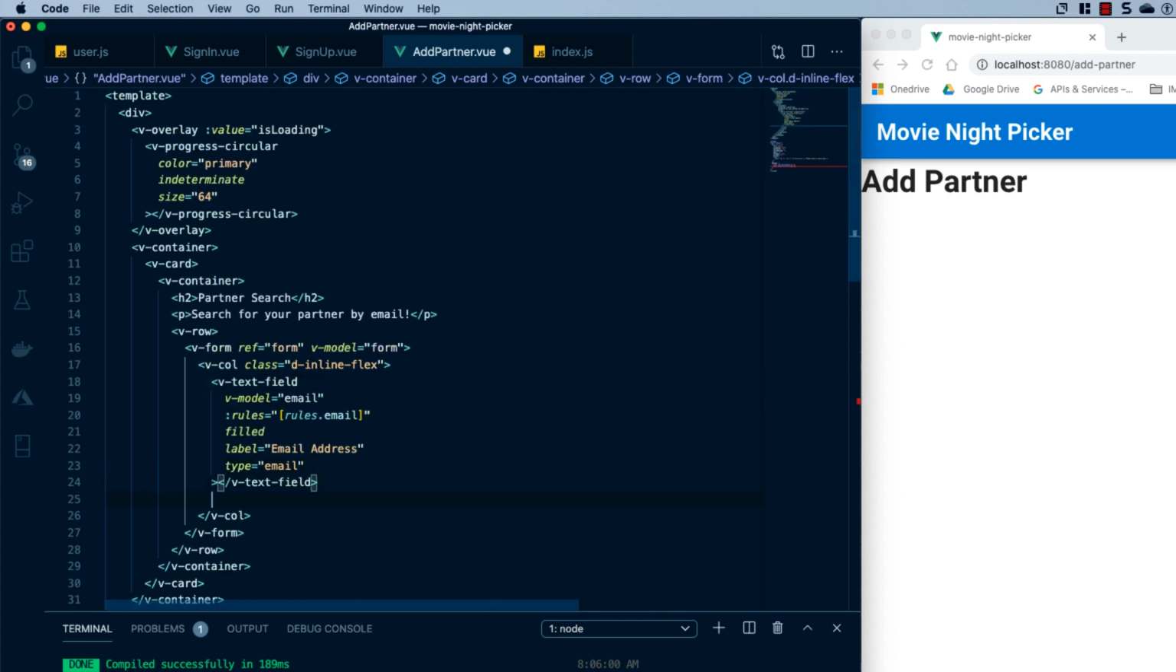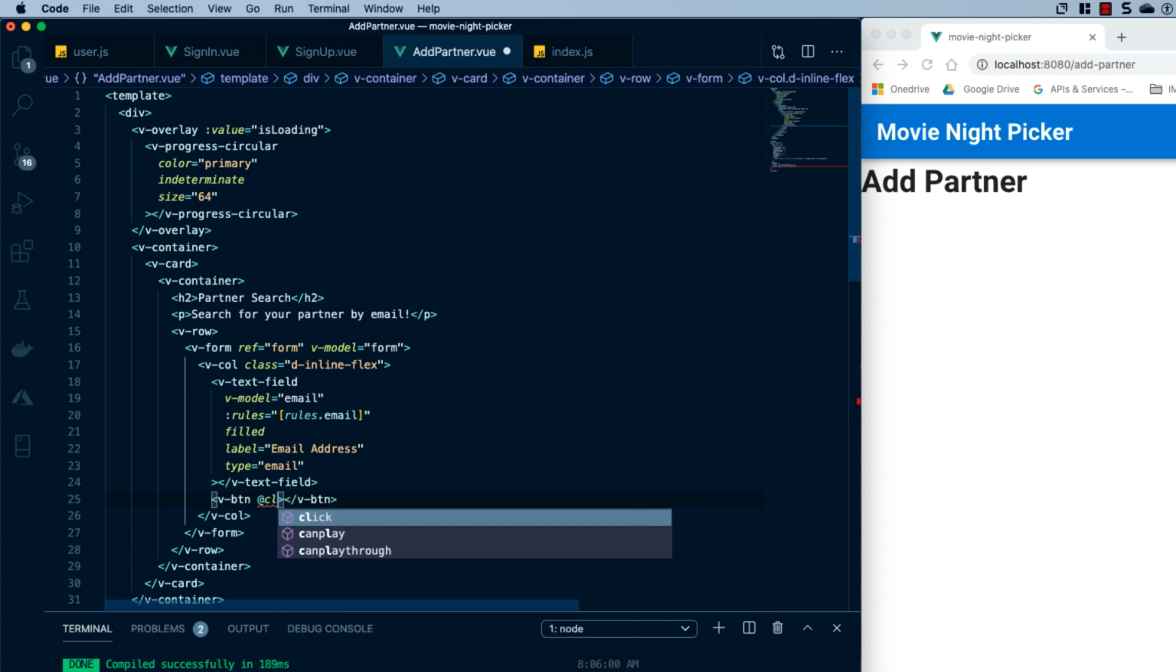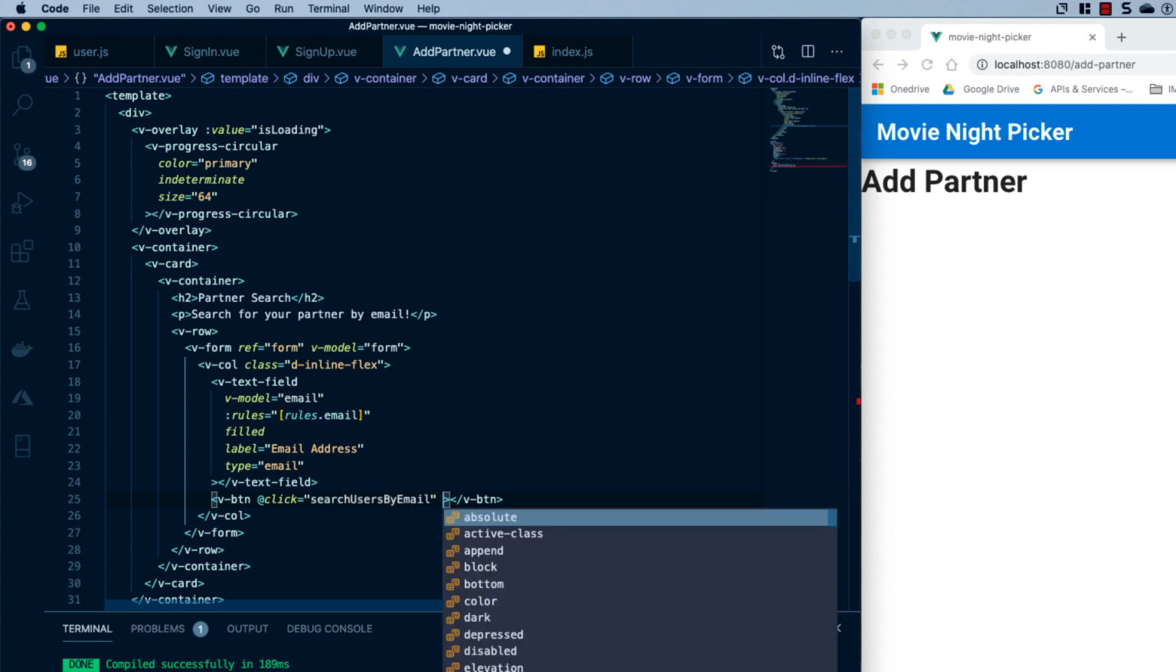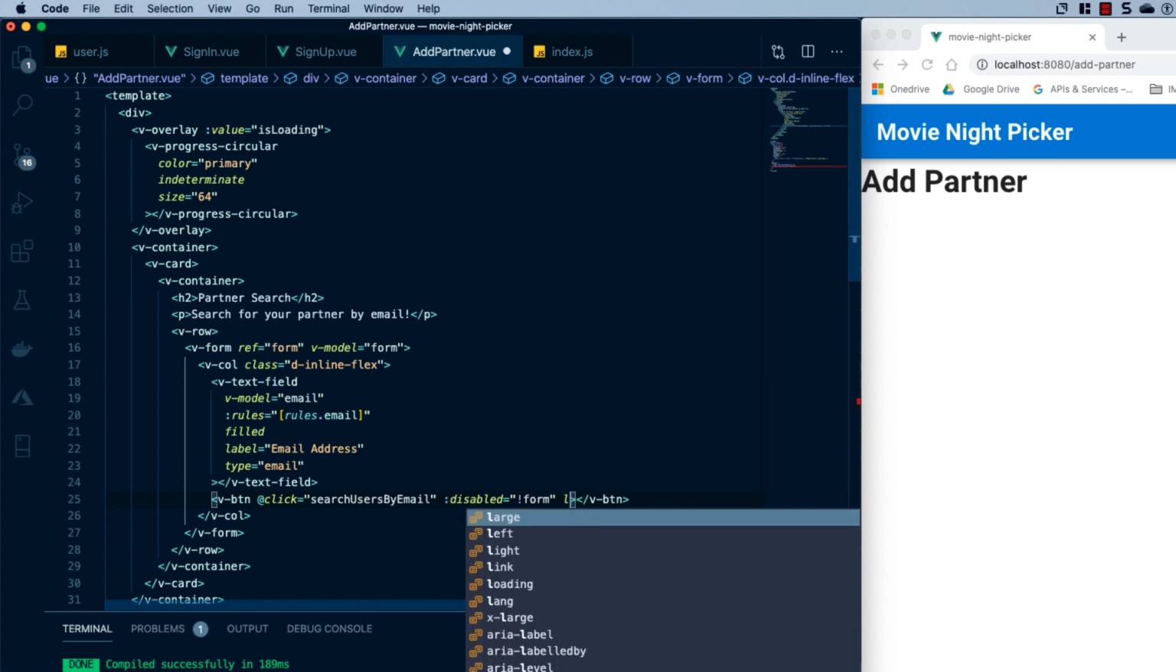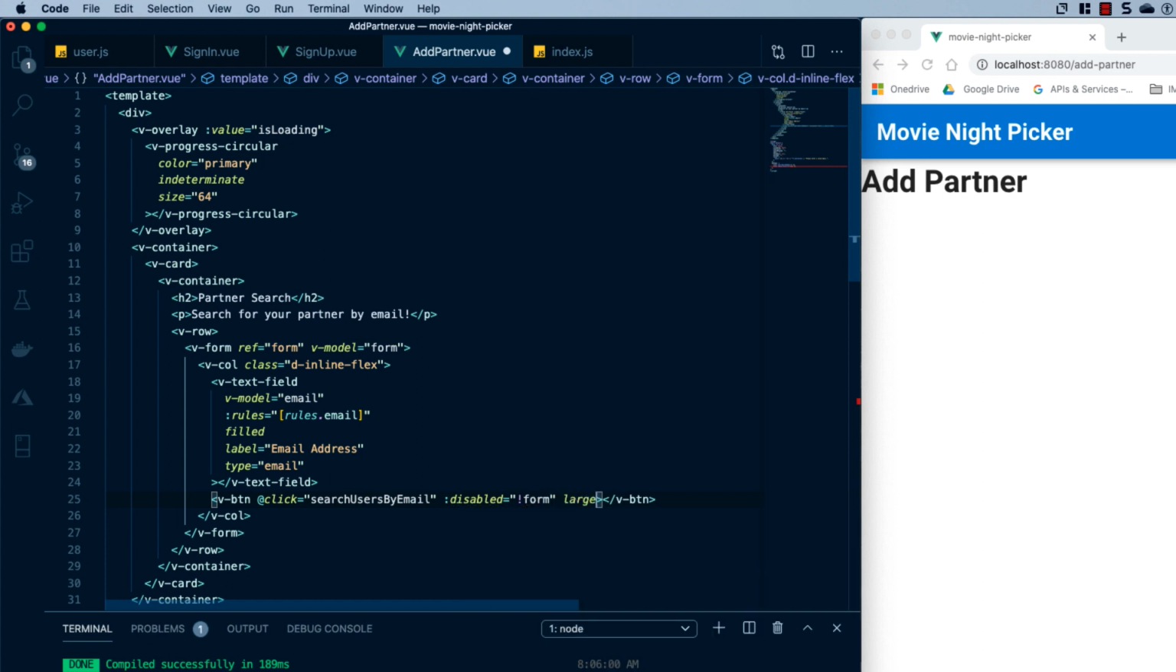Next, underneath the text field, we'll give it a v-btn, and we'll bind to the click event, and we'll set that to search user by email. We're going to make this button disabled if our form value is false. We're going to make it large, color of primary,